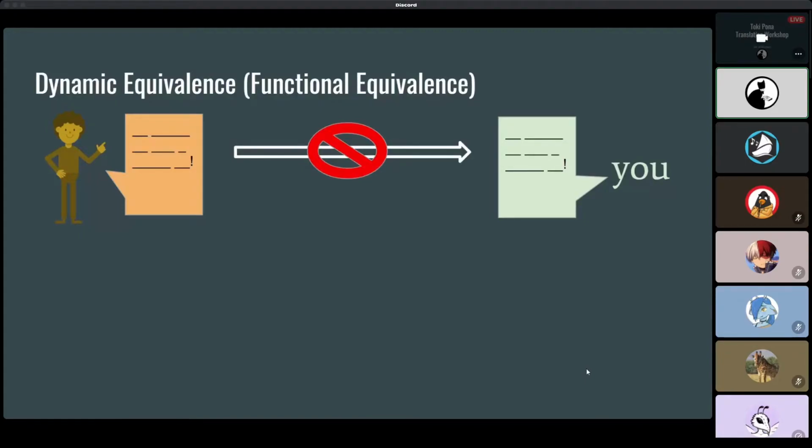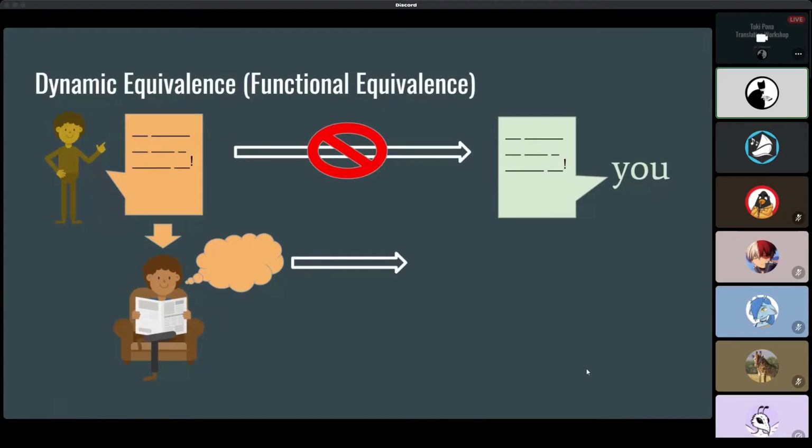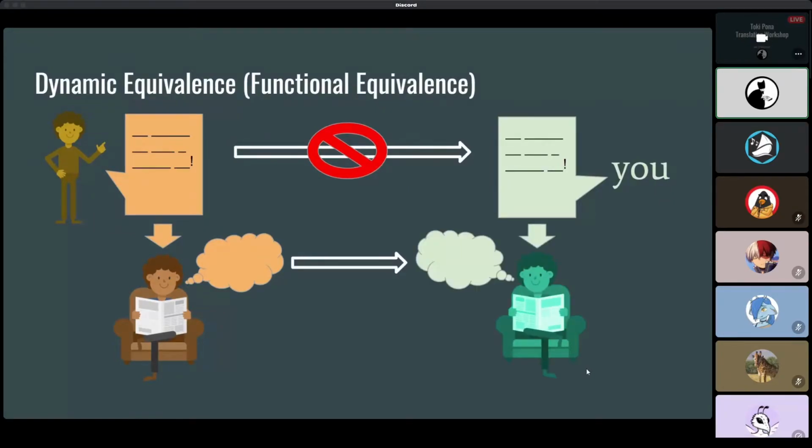What you do is you think about the receptor, the person who read the original or heard the original. What was their emotional response, or what was the intended emotional response? What were they supposed to do with what they read? What was the intended result? And then what you do is you think about your own quote-unquote receptors,